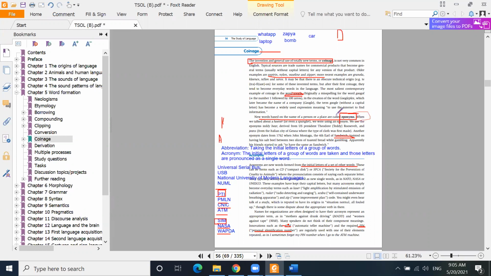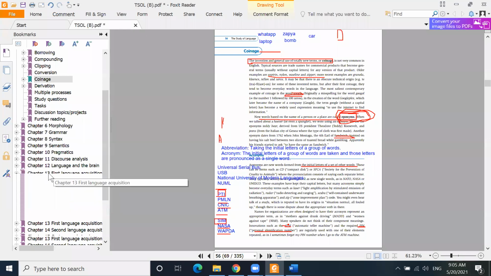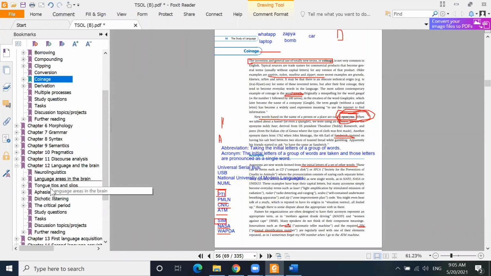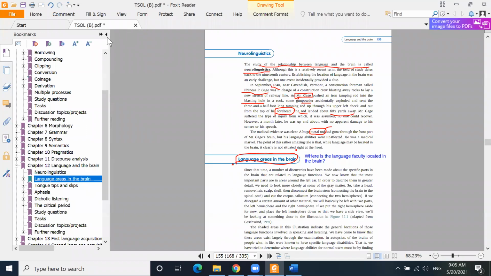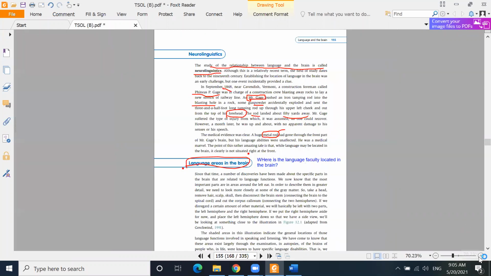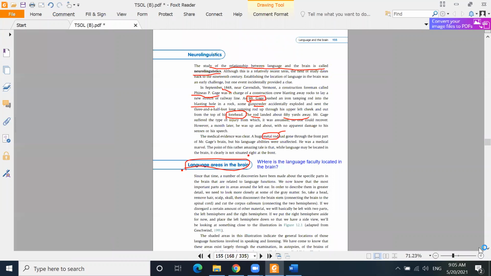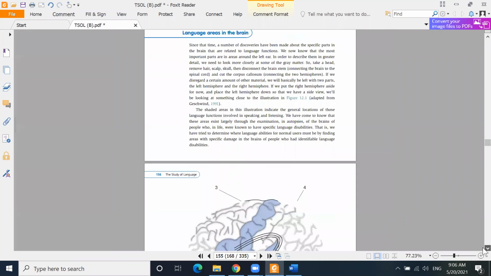I told you, didn't I, that there are names of people, and after those names, some thing is named, right? If you remember, the same is the case with this Broca's area, because it was discovered by Paul Broca. The name of that person was Paul Broca, and when he discovered this part of the brain, this part of the brain was then named Broca's area, right? So it's like the name of a thing which is due to the name of the person who had discovered that thing, that part of the brain.